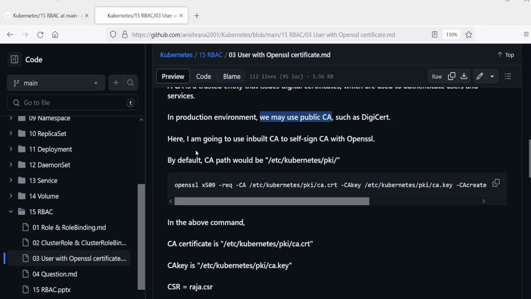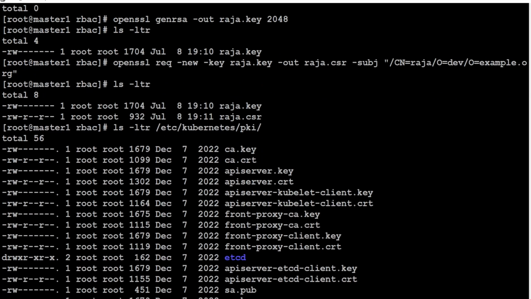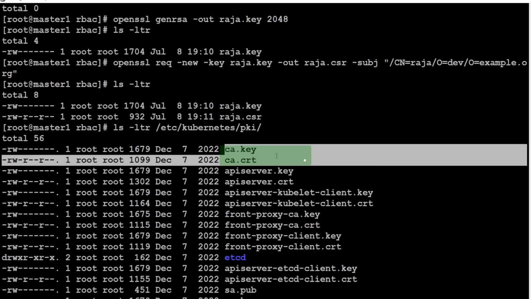But here I'm going to use the inbuilt CA to self-sign the certificate with OpenSSL. By default, the CA path would be /etc/kubernetes/pki. Let me check this directory here. As you can observe, the CA key and cert files are here.